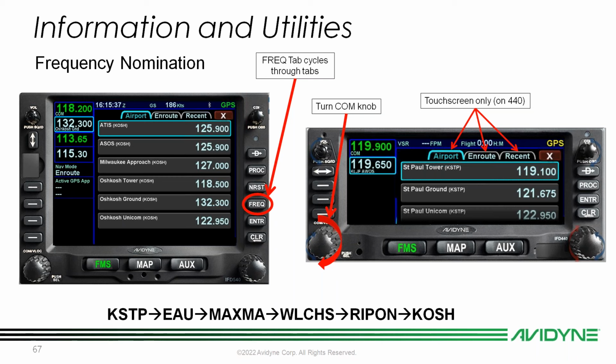The thing about that though with the 4 series is to get to your different tabs, since we don't have a frequency button, we're just going to have to tap on the screen to get to our airport, en route, and our recent tabs in frequency nomination. If we have a 5 series, if we just keep toggling that frequency button, we can do the exact same thing. So the 3 frequency tabs, if you're not aware about what those are, if we're in the airport tab,